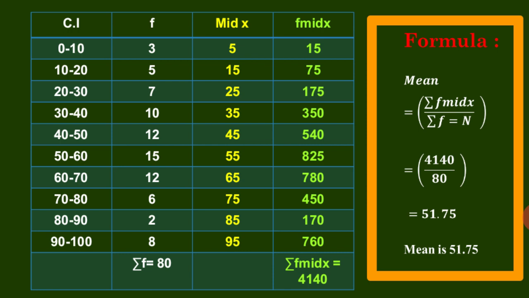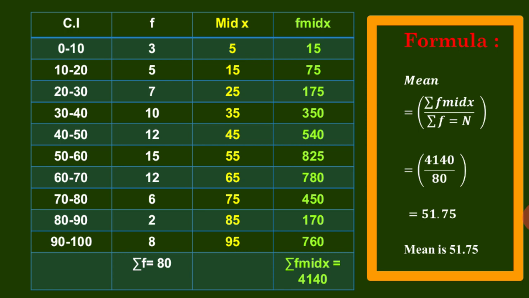And the fourth column is f into mid x. Just multiply the frequency and mid x values one by one. We get 15, 75, 175, 350, 540, 825, 780, 450, 170, 760. Now summing all the f into mid x values, finally we get